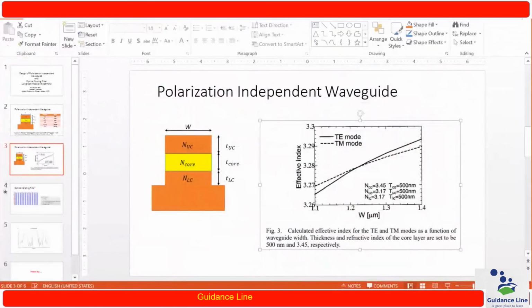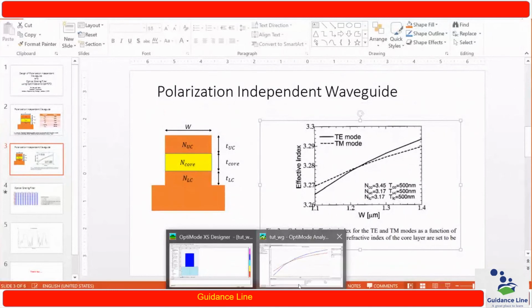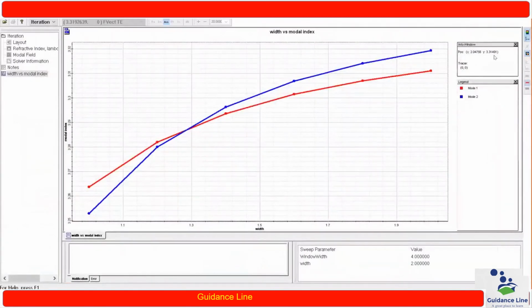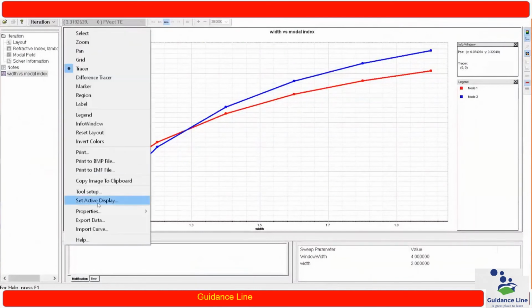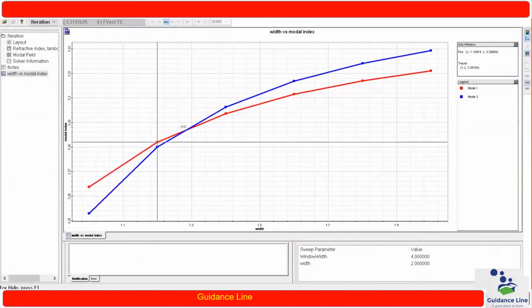I have already started an information window over here. Okay, so if I put my cursor on the graph, it will pop out the values over here, and I have already started a tracer. Okay, so all the values I can easily check.